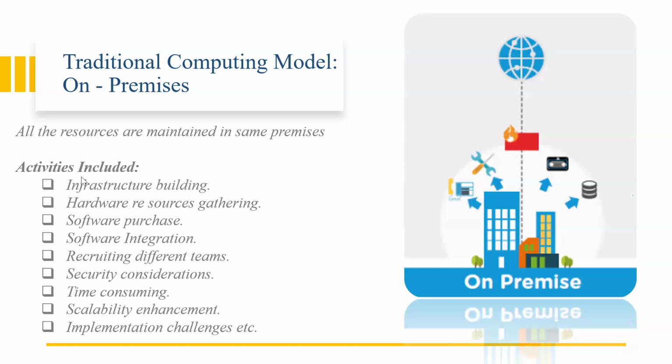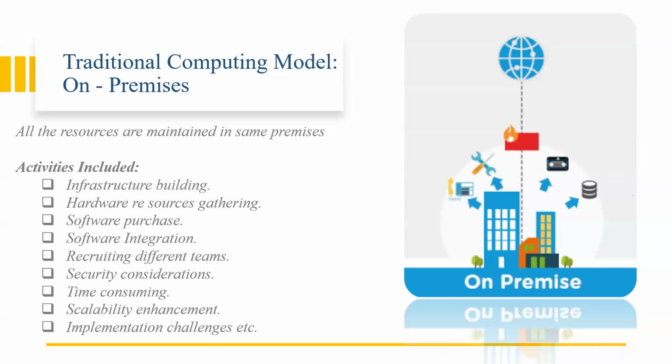One more very important reason why industry is looking for cloud, besides infrastructure building, is scalability. These are the two major reasons why industry is looking for cloud. One is infrastructure, one is scalability. What do you mean by scalability? Everyone knows about the sales: Amazon sales, Flipkart sales. In the US, there will be Black Friday sales.